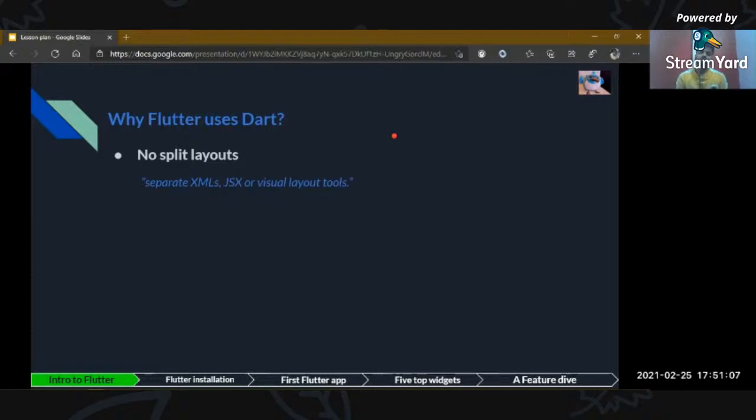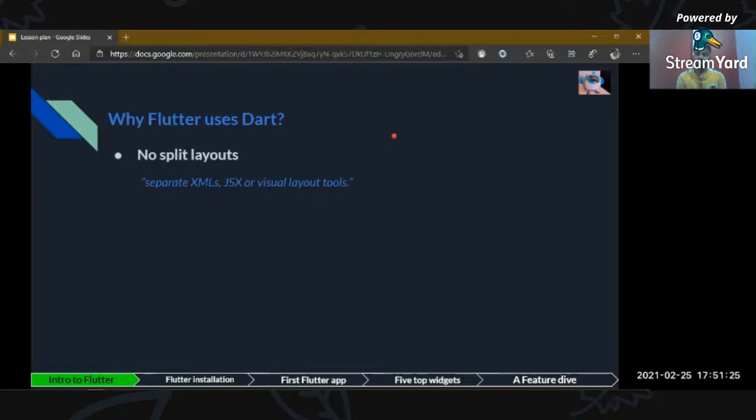Or if you're working on any web application, then you have to maintain a JSX file or a visual layout tool also.